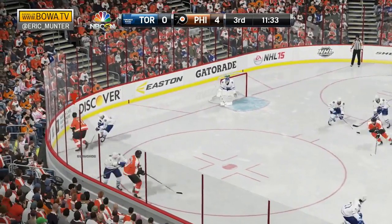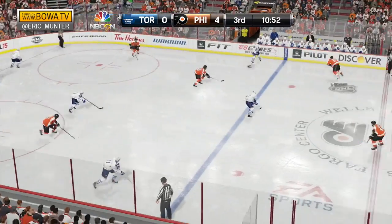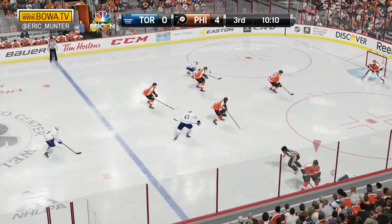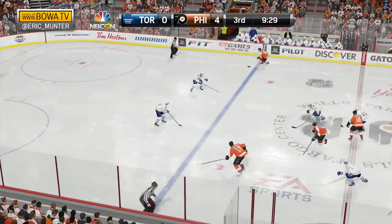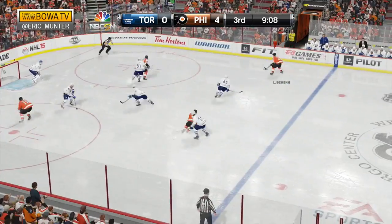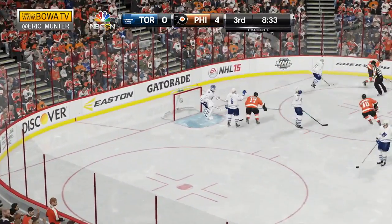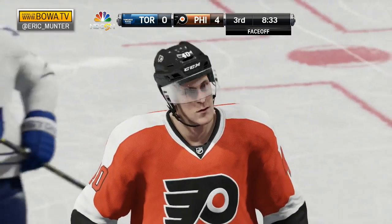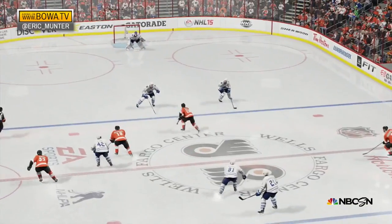Vincent, around the boards. Not held in. Lupul. Nazem Kadri. Clarkson. He's hit hard. Flyers get that puck and break out. Right wing feed to Vincent Lecavalier. Lecavalier drops to Luke Schenn. Luke Schenn through traffic. A save. The puck was free, and the shot goes wide and out of play. Up into the netting. 8 minutes, 33 seconds to go here in the third period of a Philadelphia Flyer 4-0